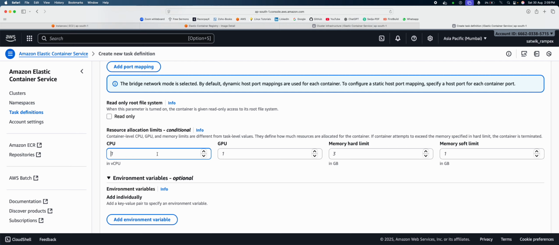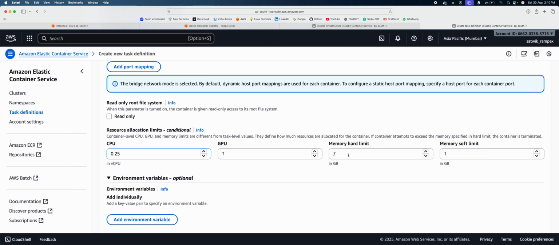So guys, why are we doing this actually? What is the purpose of allocating the CPU and memory? I told you in the morning. See, if I give the CPU value as 1 directly, what happens? It will totally accumulate the 1 GB and it will totally accumulate the 3 GB. So there won't be any capacity or storage left for the other builds to happen. There won't be any space left for the other processes to happen. So that's why we will limit the usage to